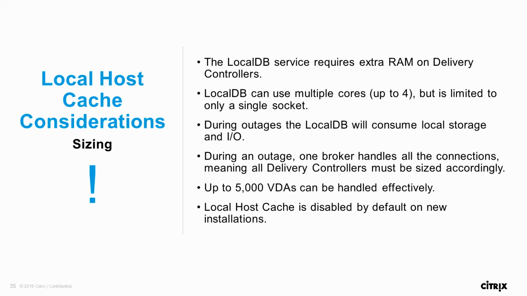Again, they reintroduced a local host cache. From 7.12, connection leasing is also available, and local host cache is also available. By default, local host cache is in a disabled state and connection leasing is enabled. So if you want local host cache, you should enable it using a PowerShell command.